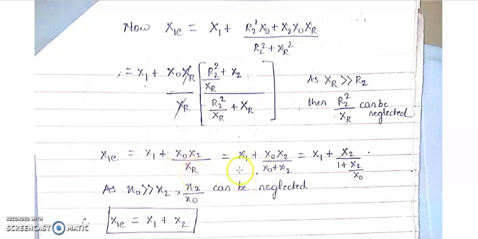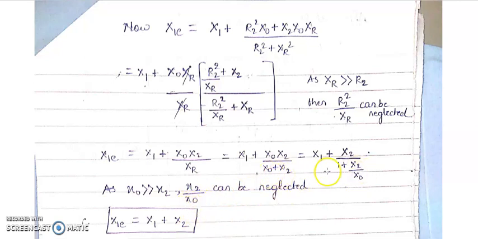Okay, now you can see what I have done here. Next you can see xr I have again elaborated here. xr is nothing but x0 plus x2. We can stop till here, no problem, or you can continue till here also. Anyhow we need x1 is equal to x1 plus x2. We need to remove this x0 and all.